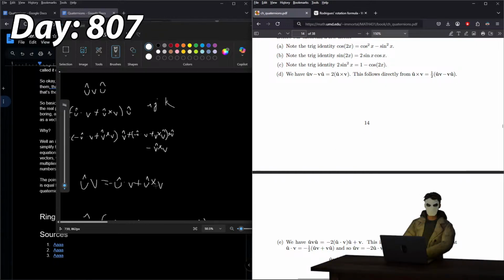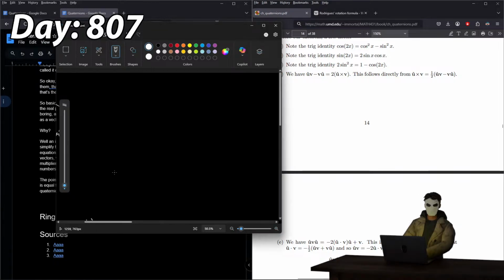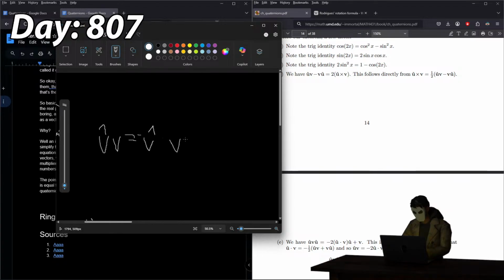Wait, this could actually be trivial with this one, I think. I have the fingers crossed. uv is equal to negative u dot v plus 1/2